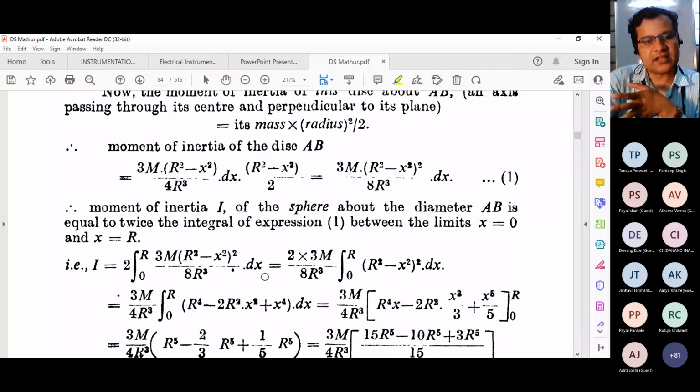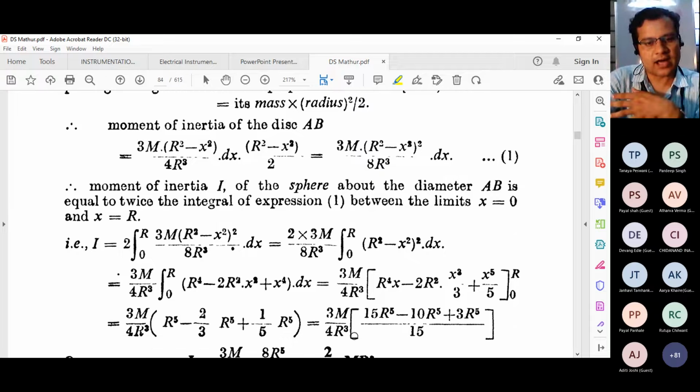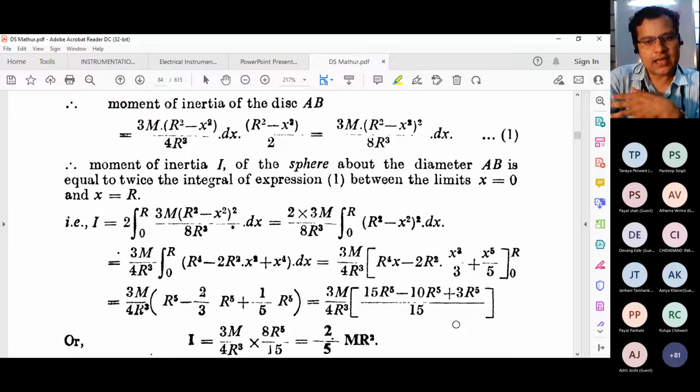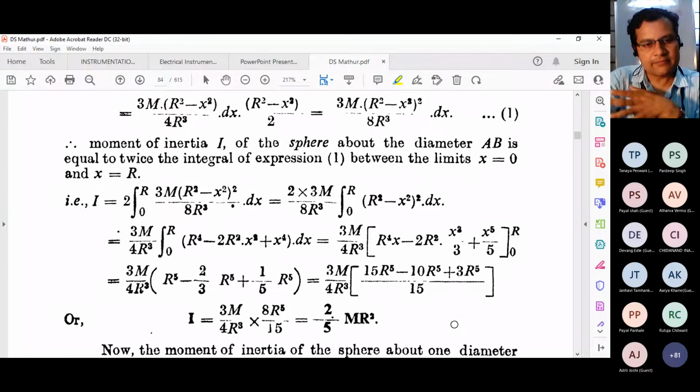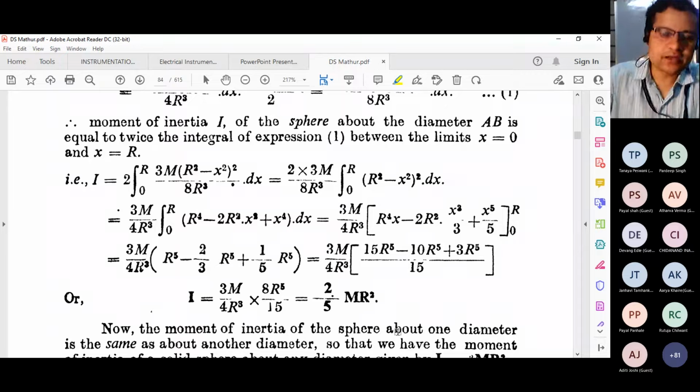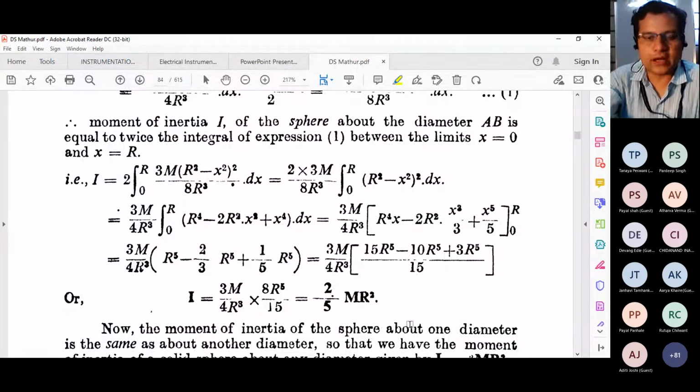The x is a variable, because that is the only changing thing over there. The remaining things are constants which come out of the integration. You solve the integration within the limit 0 to r and you will get the answer. You simplify the answer by putting in the limits. The upper limit is r, the lower limit is 0, and you get the moment of inertia of the whole spherical body, that is a complete homogeneous spherical body, and that comes out to be